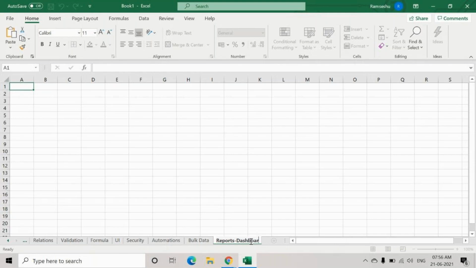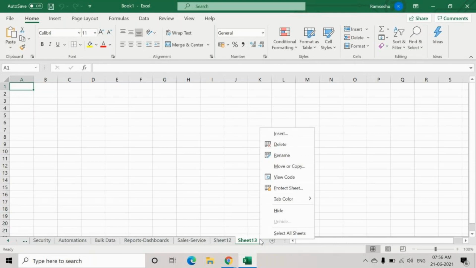It's very easy to generate reports and dashboards in Salesforce. I think I forgot to discuss sales and service. In the automations itself, I'll cover both sales and service. I'm just adding your note so that you can remember. And finally, any minor concepts left over, all these minor details.